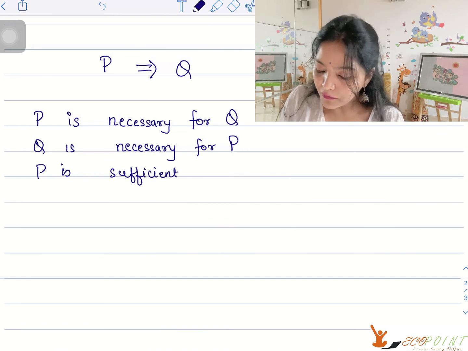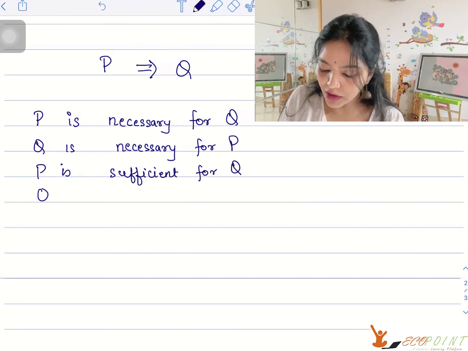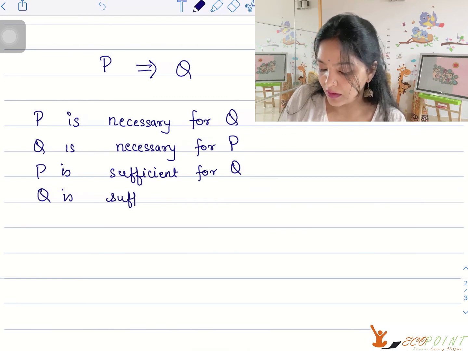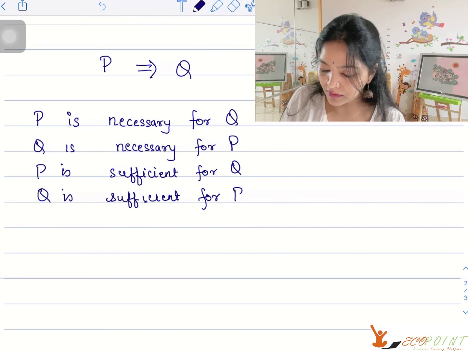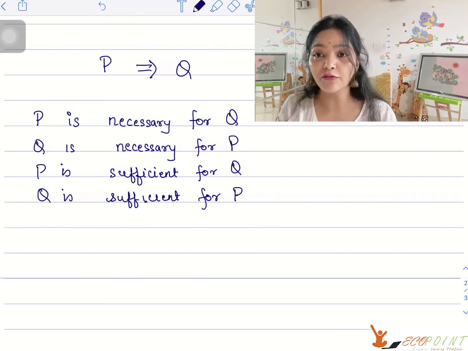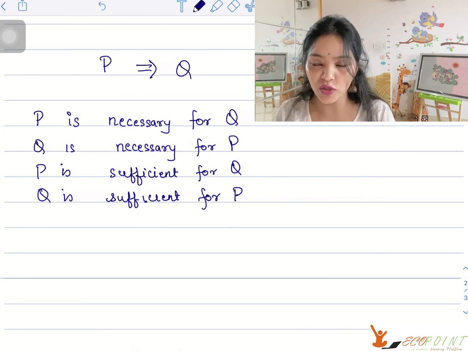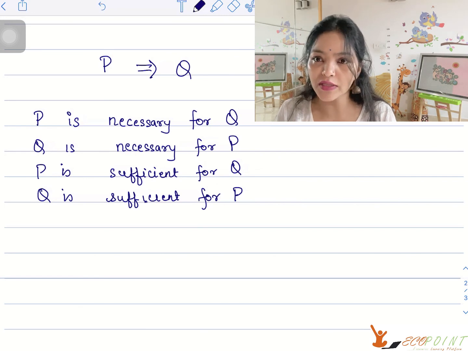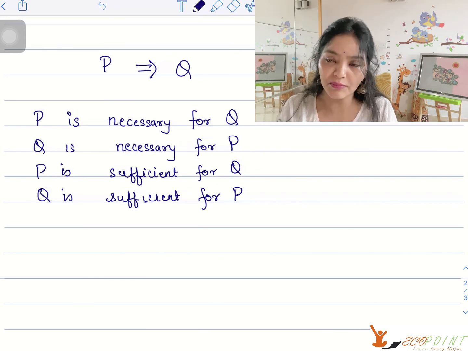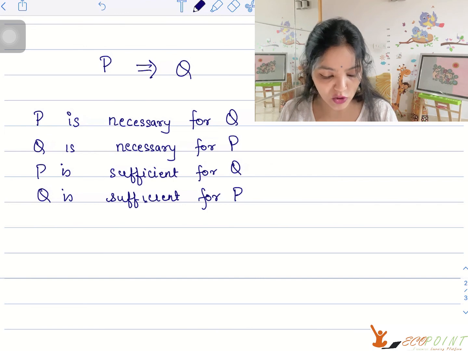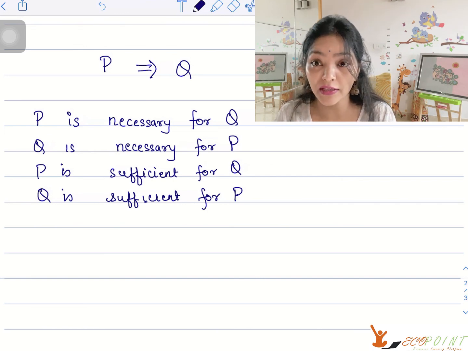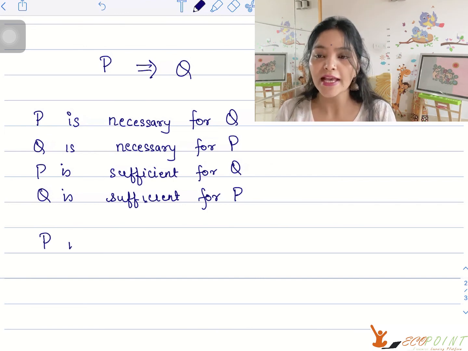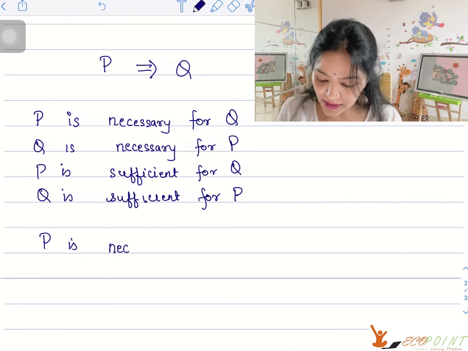P is sufficient for Q. Q is sufficient for P. These are four different statements, okay? Necessary and sufficient are two parts of the same implication, but they are two different parts of an implication. You need to understand this very thoroughly, because you know what happens is, in case it's written